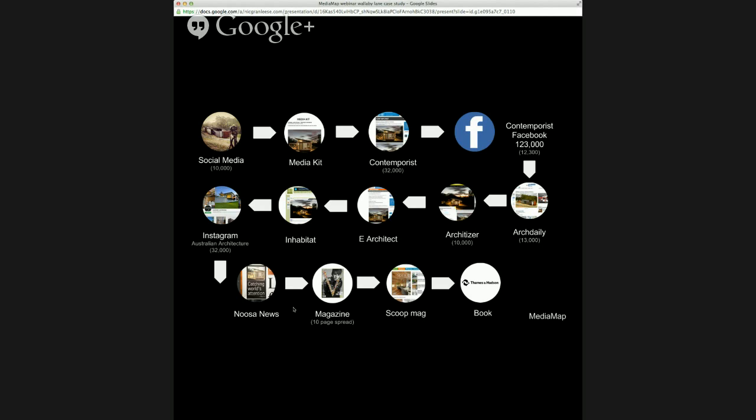So they need to get traffic past their site. If they see another project is hot somewhere else, there's no reason why they wouldn't want to get that as well, because they'll generate an income out of it. So that kept moving through these different major blogs, and then it jumped onto some interesting places like large Instagram accounts. This is a new type of media, but they've got huge followings. This one is called Australian Architecture, and there's probably similar versions of this all around the world. It's got thousands and thousands of people following along. It got picked up on that, and they published several photos. Then eventually it came back to the local newspaper.